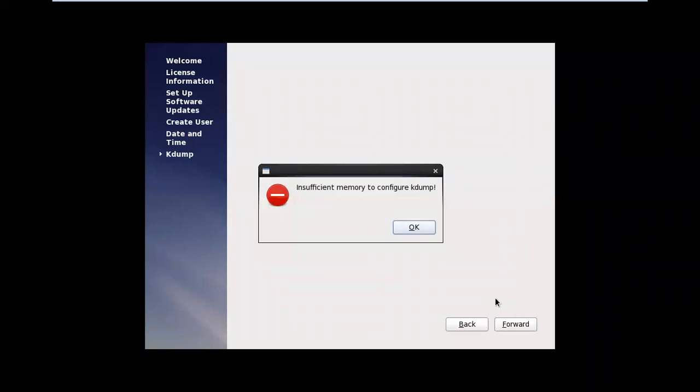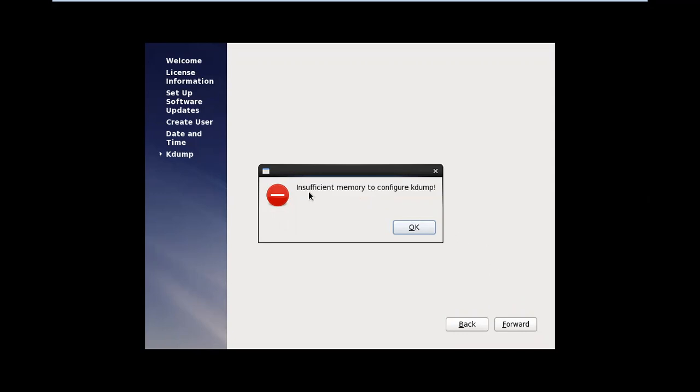Insufficient memory to configure kdump. Kdump means kernel dump. Whenever your system crashes, you have to troubleshoot why the server crashed. It will create a kdump file, a kernel dump file, so you can easily identify the errors and the reason the system crashed.